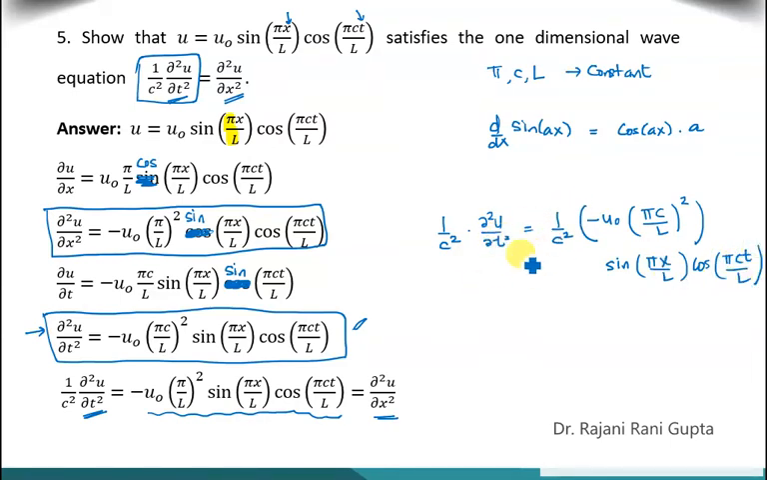So when we expand it, it will be minus 1 over c square times u naught pi square c square over l square, this term sine pi x over l cosine pi ct over l. Then we can cancel c square with c square. So we are left with this term, which is nothing but the second partial derivative with respect to x. Hence,